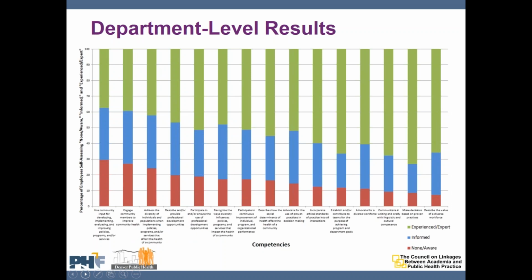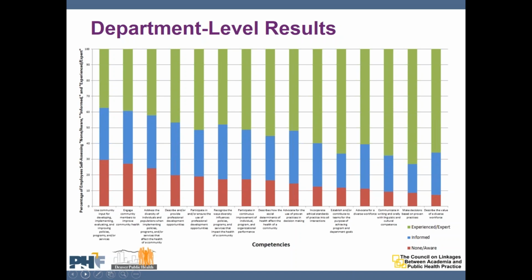At the department level, with those 15 competencies that we selected for every employee, we plotted them out, and I recognize that it's probably hard to read the competencies across the bottom of this graph, but I show this to let you see that there were some things we did really well as a department, and those are the competencies all the way to the right of the bar graph. So the green on the graph represents the percentage of employees who self-assessed as experienced or expert. The blue portion represents those employees who are kind of in the middle and that they were informed, but they haven't experienced the competency yet.